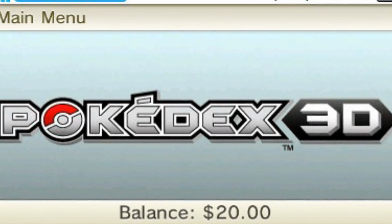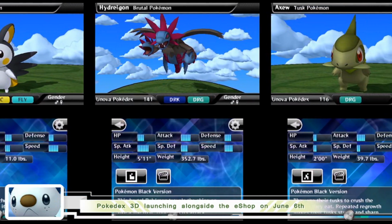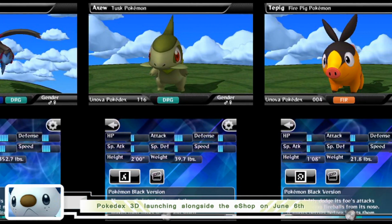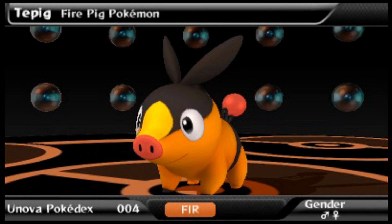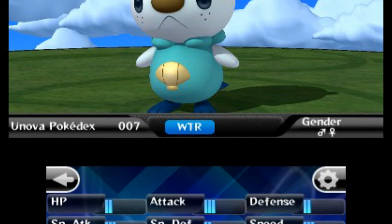Hey, speaking of the eShop, Pokedex 3D is an upcoming free download that allows you to look up information on over 150 different Pokemon from Black and White editions. You'll be able to check out their moves and stats, view 3D character models, as well as options like bookmarks and filters. Pokedex 3D also supports Spot Pass,